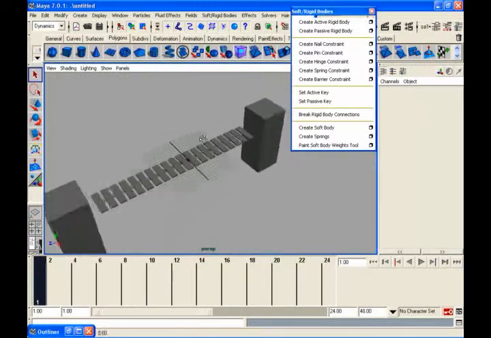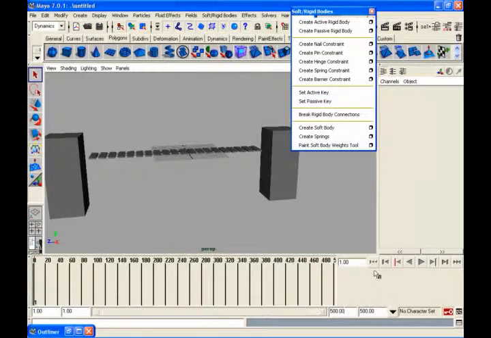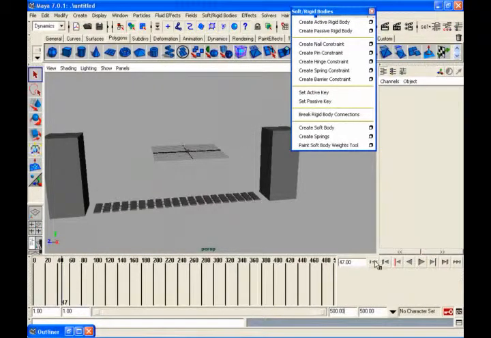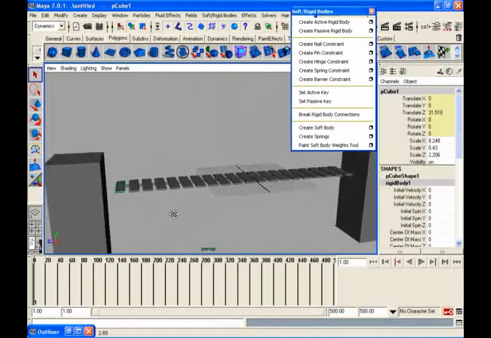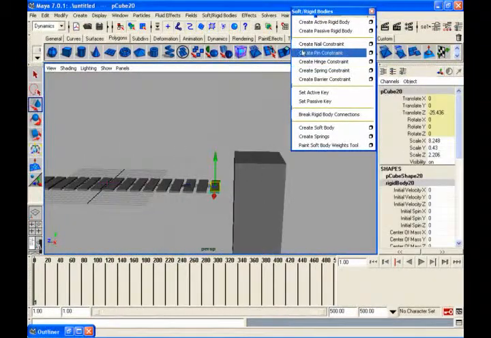So what can I do? Tell me. Sir, just select the corner ones and apply a nail constraint. Drag it out, put it there. Same thing here. Say nail constraint, drag it out, put it here. Done. Once you do, our hanging bridge is ready.